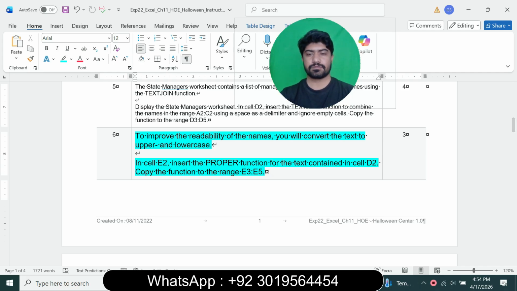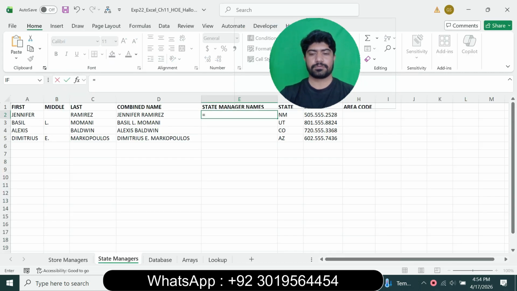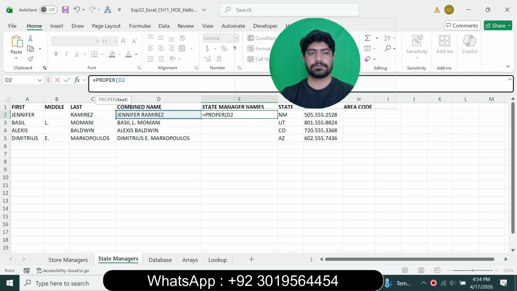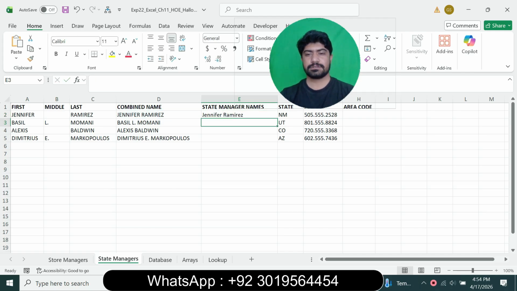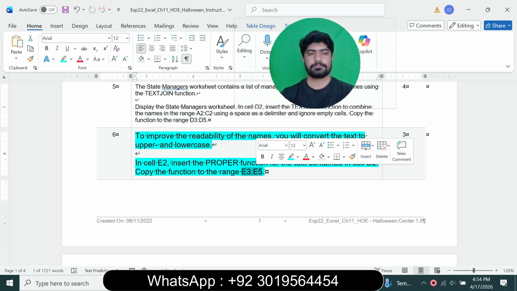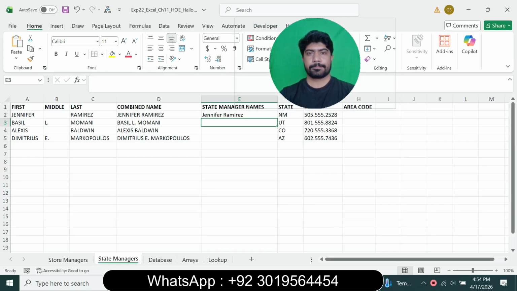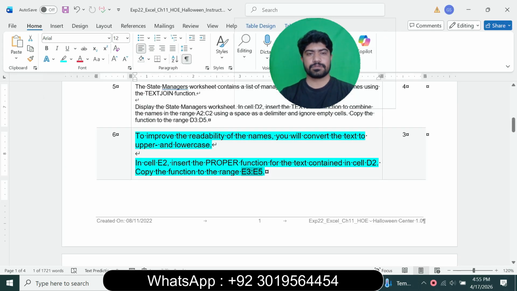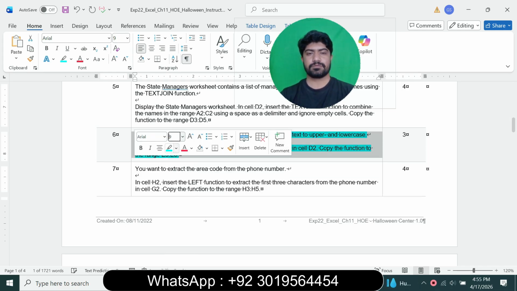and insert the PROPER function for the text contained in cell D2 and copy the function to the range E3 to E5. Go to the Excel worksheet and select the cell E2, type equals and type the PROPER function, select the cell D2, close bracket and press enter, and next copy the function to the range E3 to E5. So question number 6 is complete,